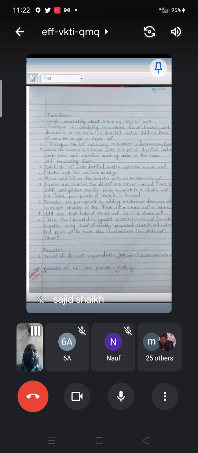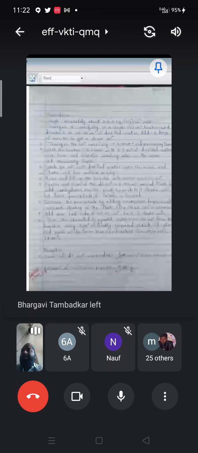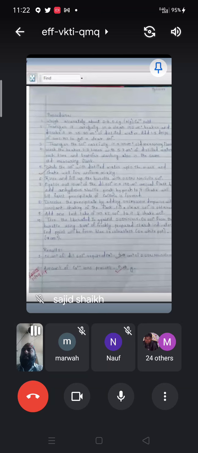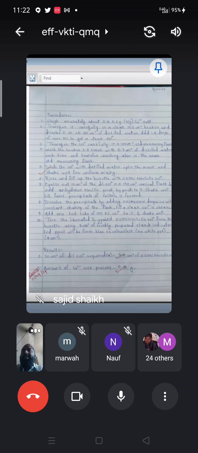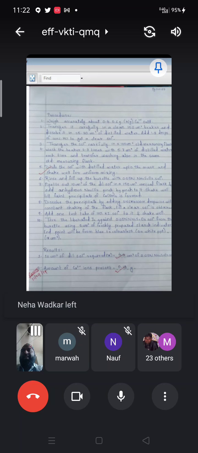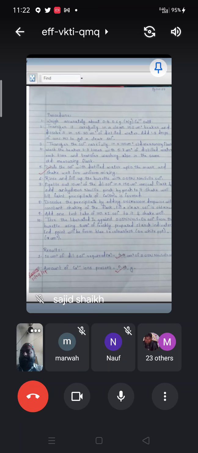We will get turbidity in the solution, or say a faint precipitate of copper hydroxide is formed. We will dissolve that precipitate by adding 2 normal acetic acid solution dropwise with constant shaking till a clear solution is obtained. Then we will add 1 test tube of KI to it. We will shake it. Then iodine will be liberated. We will titrate it against sodium thiosulfate from the burette